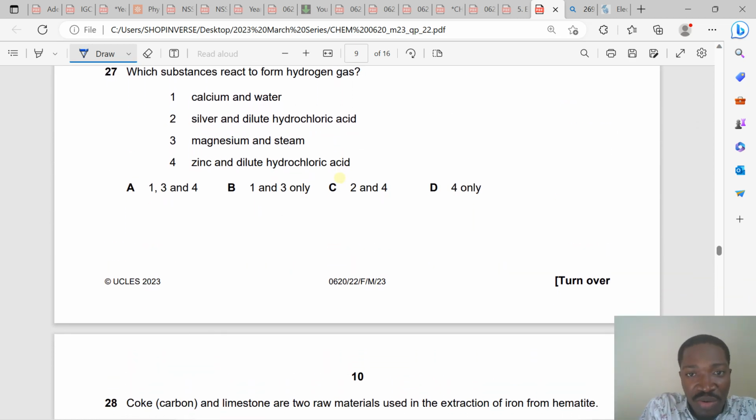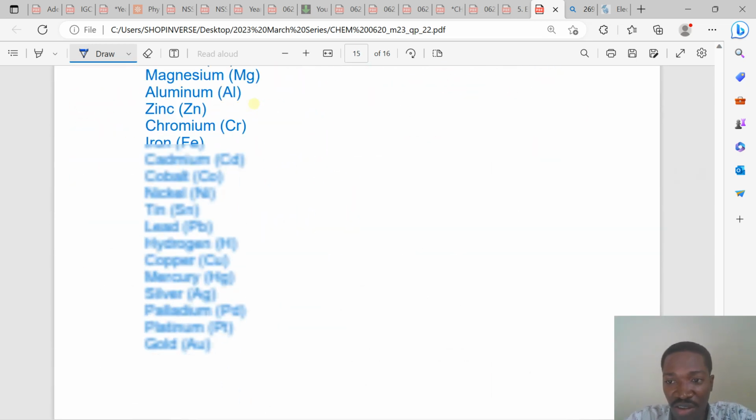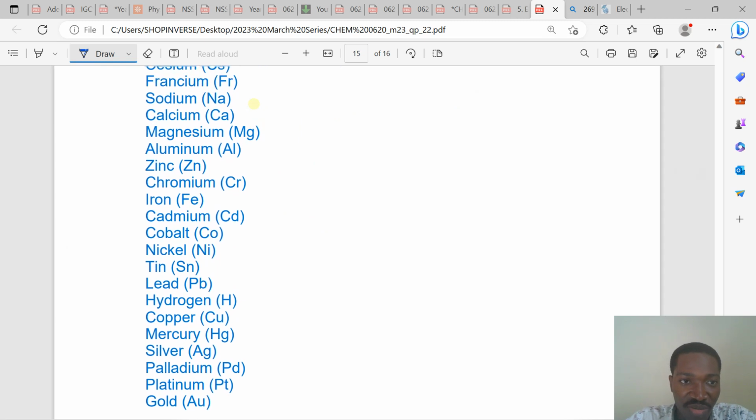Okay, calcium and water, Ca plus H2O. Now, we try to determine if calcium is higher than hydrogen on the electrochemical series. If calcium is higher than hydrogen, then calcium can displace hydrogen in this reaction. So let's look at the electrochemical series. On the electrochemical series, we have